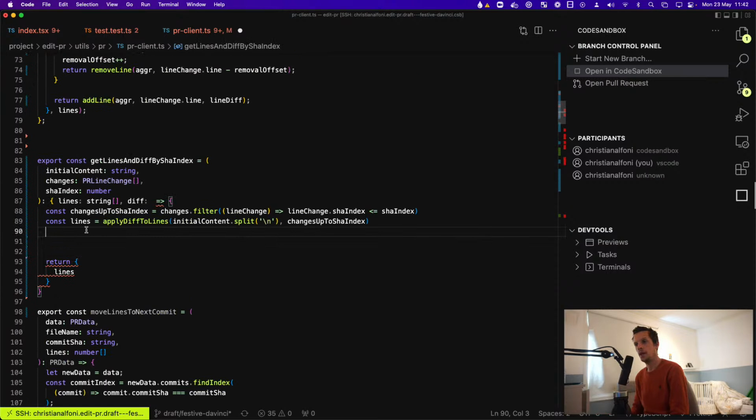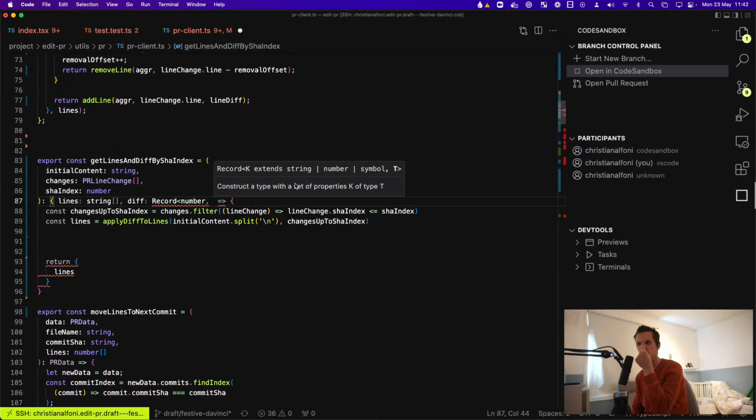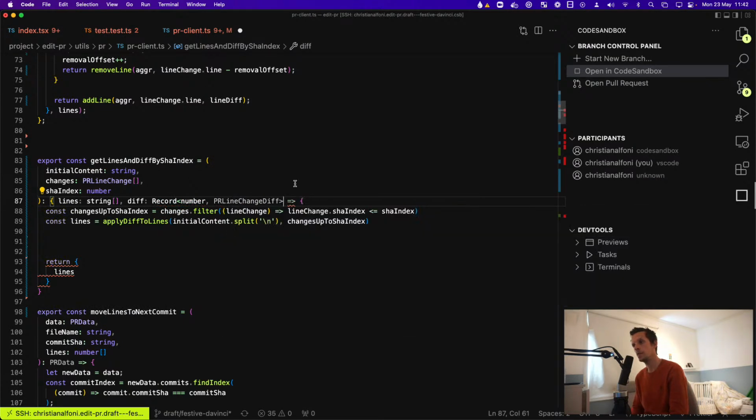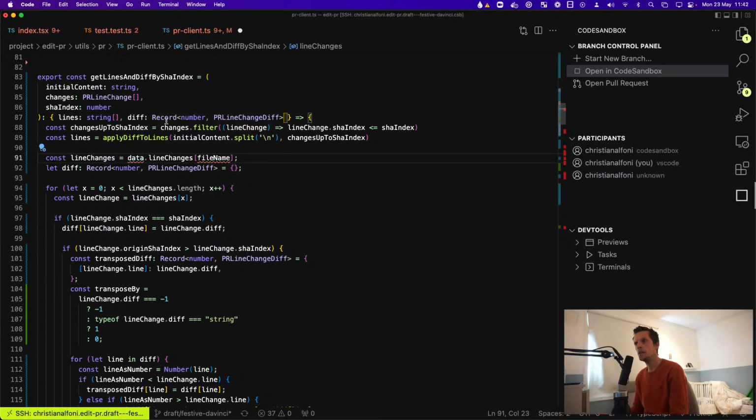And now we have, that's all we need to produce the lines. And this would be like a record of, it's actually a number, but yeah. PR change diff. So let's take a look at what we would do here instead. So the line changes,